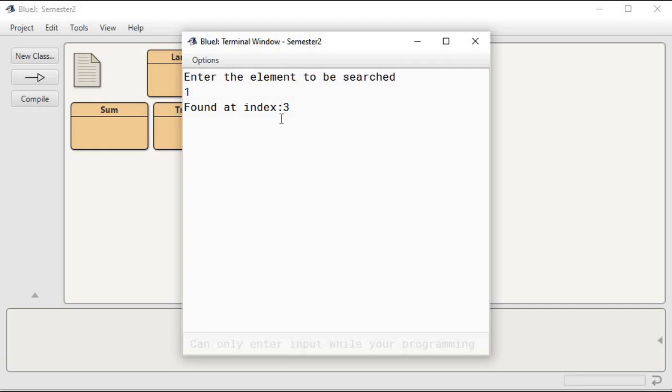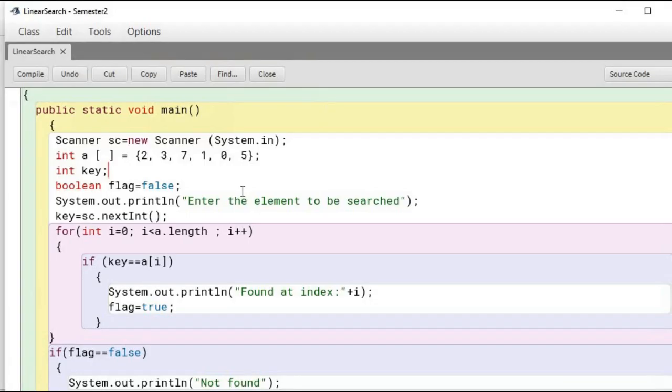Found at index 3. Of course, my element 1 was at index 3. If you want to check once again, I'll open it and show you that at index 3, my element was there. 0 was 2, 1 was 3, 2 was 7, and at 3, the element was 1. So at index 3, the element has been found.